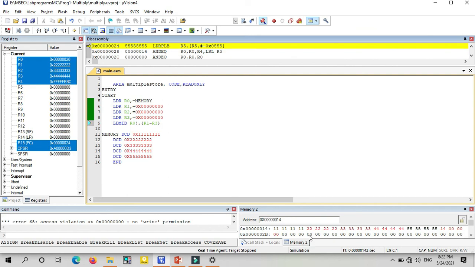See, I executed now. 22 is loaded in the R1 register, 33 is loaded in R2, 44 is loaded in R3. Why? Because of increment before, the memory location is incremented first, then the data is loaded to the register. That is the difference we can observe between the LDM IA and LDM IB instructions.